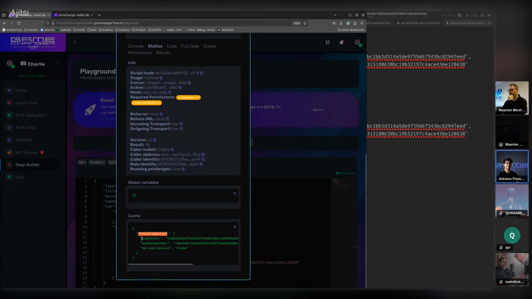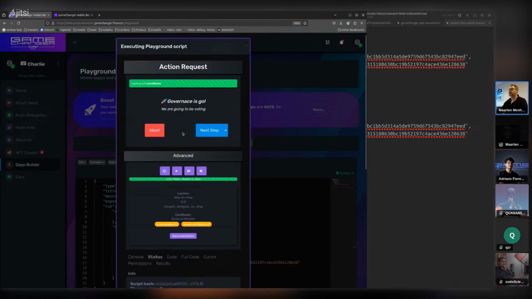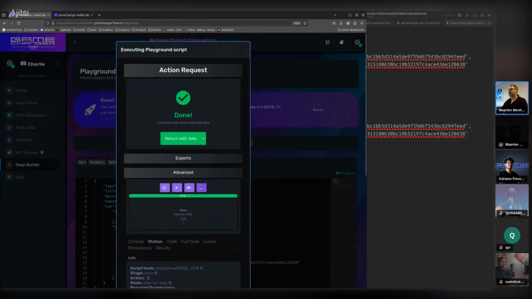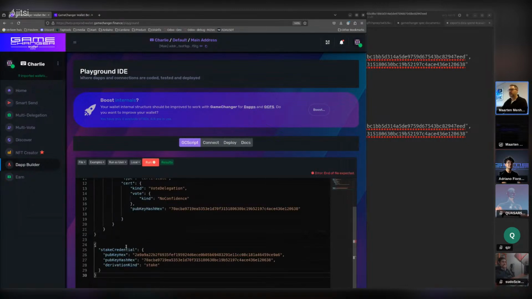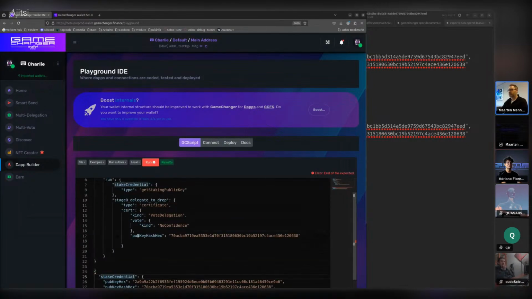and we have the pubkey hex and the hash hex. I guess we need this one, right? The pubkey hash hex. Yeah, because that is actually the same key. Ending in 638. Yes, same. Perfect. Okay, so we copy this data. We can do the next step, that will just add the next stage. So we have this data. And then we have the